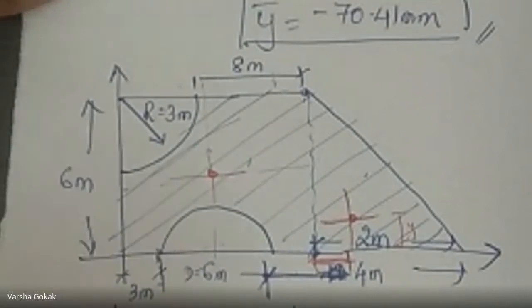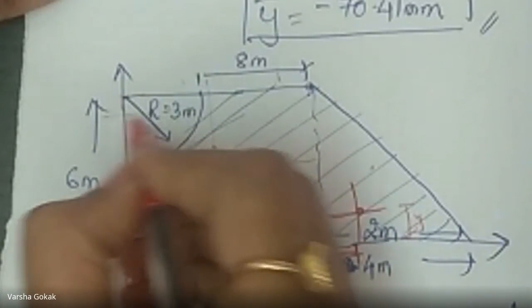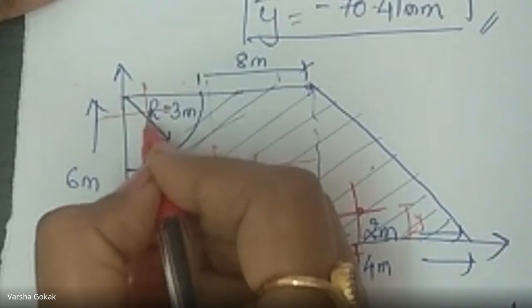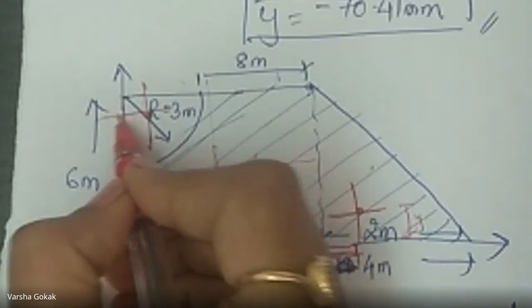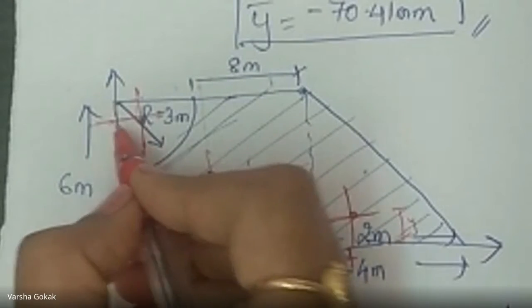X3, individual CG. Now first I will mark the CG. This is the 90-degree center near the center of the circle. Here is where your CG is going to lie. So this distance and this distance, you know. What are these two distances? Both are the same. How much is that? What is the formula?